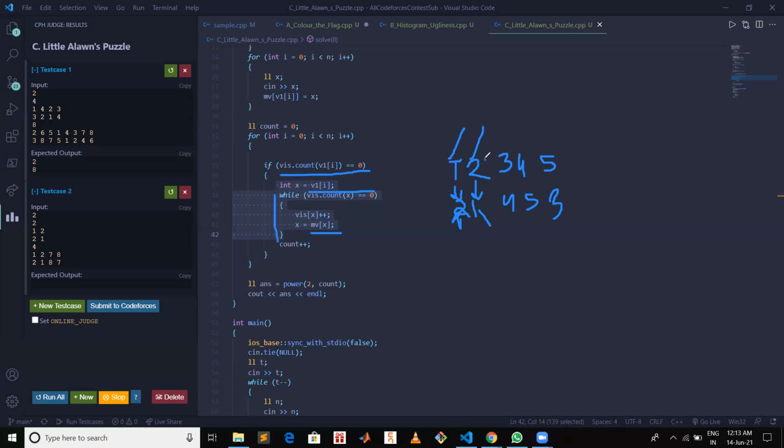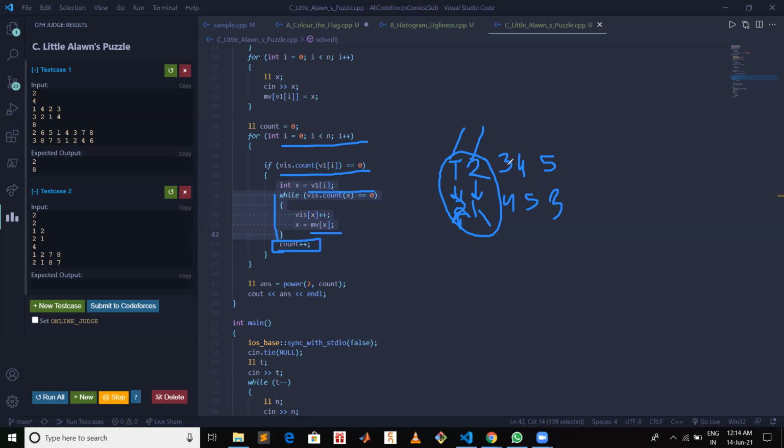So basically this 1 and 2 we considered as the first group. In this way, all numbers which are part of one group will be marked visited at once. After all those get marked, I'm incrementing my count by 1. Next time when this iterates on the second number, it's already visited, so it won't go.